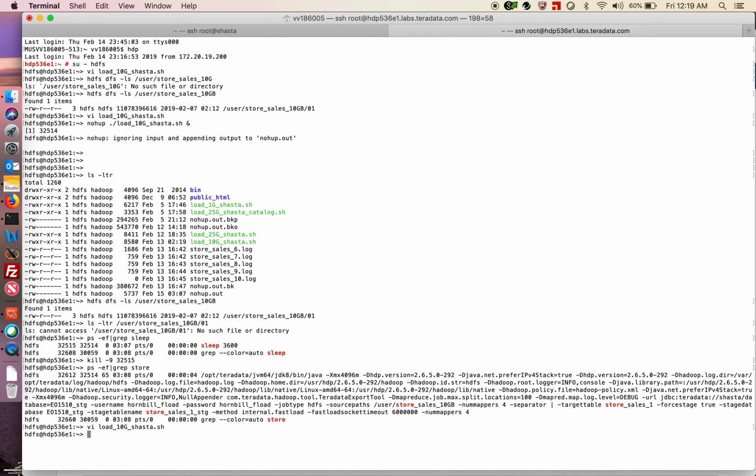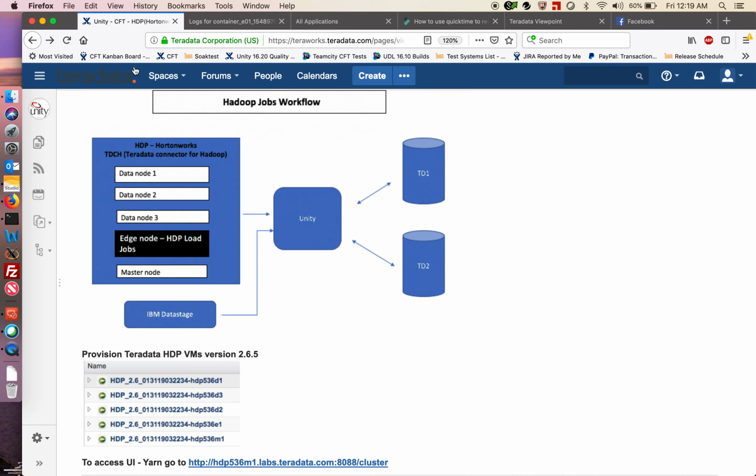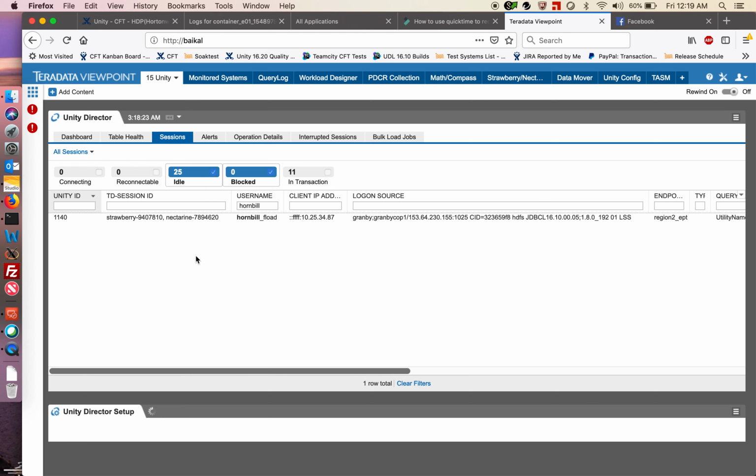The Hadoop jobs are actually running right now, and hopefully we can see sessions connected on the Viewpoint portal. Here is a Hadoop session open from Hadoop through Unity. This is the HDFS command and JDBC load running through Unity. This is running along with other sessions. Other sessions that are running through Unity are the data state job,